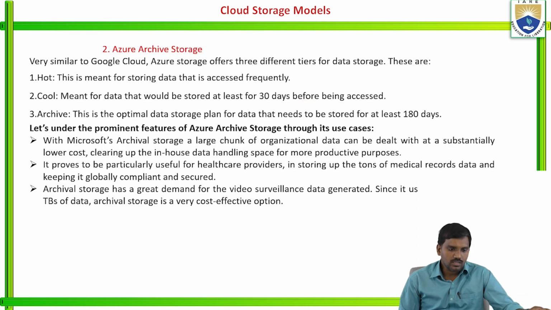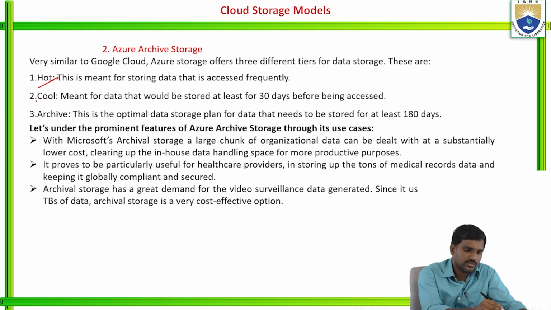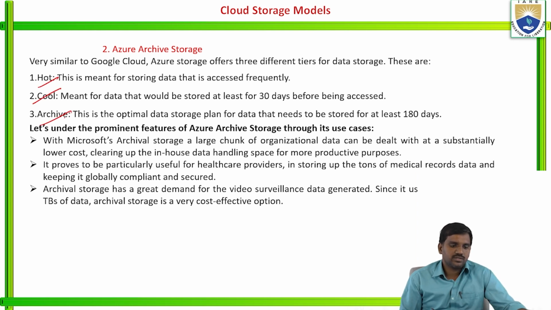Next one, Azure Archive Storage, very similar to Google Cloud. It offers three different types of storage, that is hot, cool and archive. Hot is meant for storing data that is accessed frequently. And cool means the data would be stored at least 30 days before being accessed. That is cool. And archive is the optional data storage plan for data that needs to be stored at least 180 days,